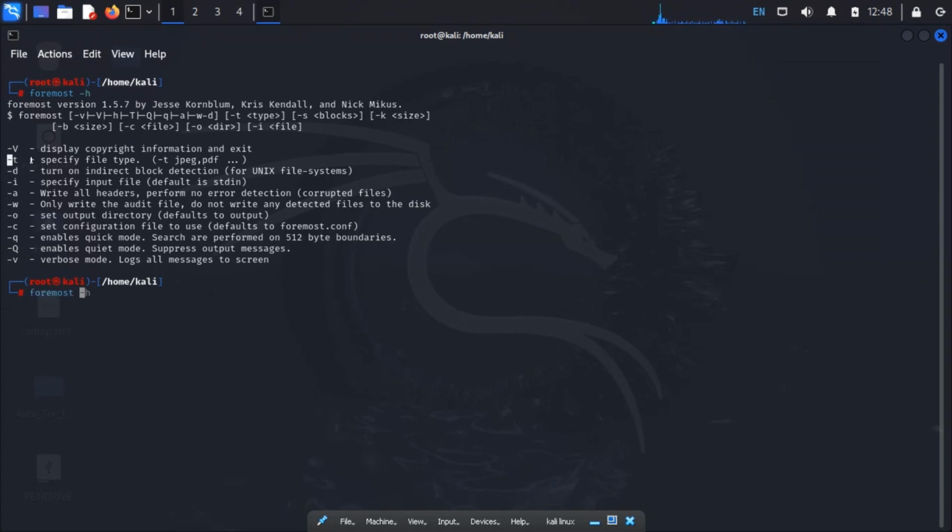For that I'll type foremost and I will use the type option -t, and you can see on the screen I did a bunch of experiments already with the syntax. For type, if you type all, it will recover everything on your pen drive that has been deleted. But if you don't want to recover everything but a specific type, you can type png, exe and pdf. Those are the types on my pen drive that I deleted. So I'm going to recover only those files